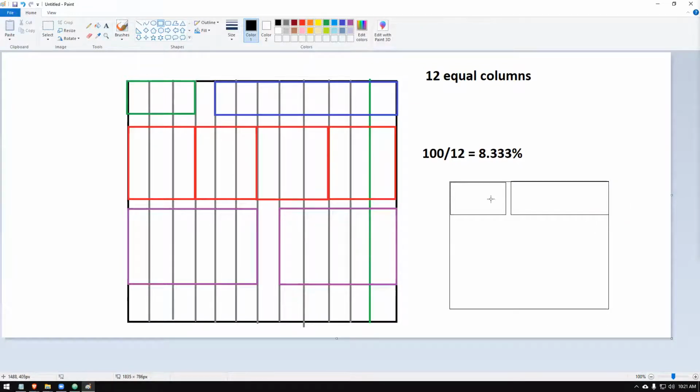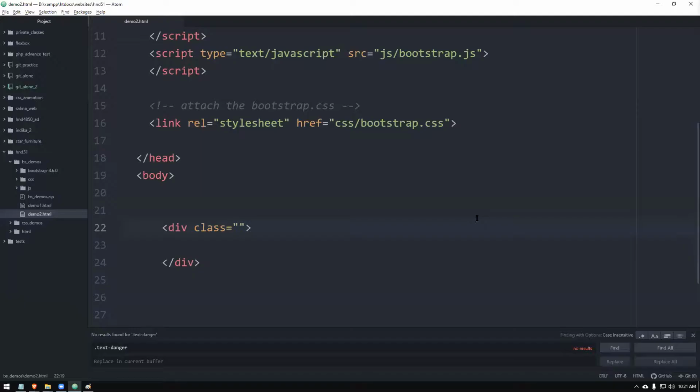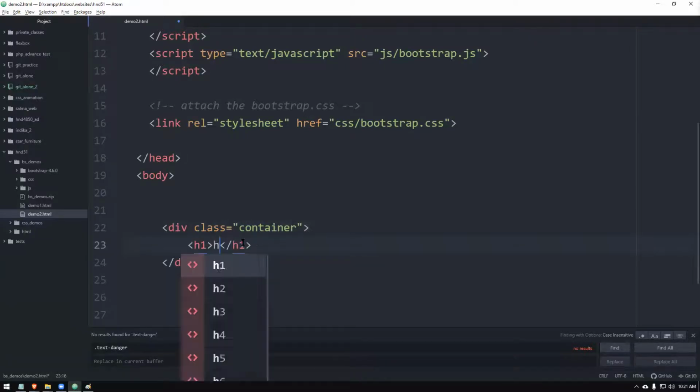Without the container also we can practice, but first of all we will see how the container works, right? So I'm going to type there just container. When you are learning Bootstrap, I'm going to simply introduce you some class names like this, and we're going to practice and finish them. Don't do this one now. I will give you time to practice now. And when you are practicing, you have to type and practice with me. So div class container I have given here. Inside this, let's type something like h1 hello there.